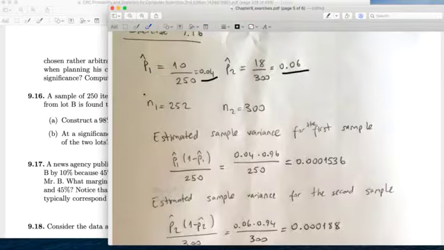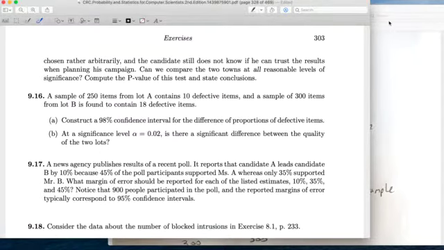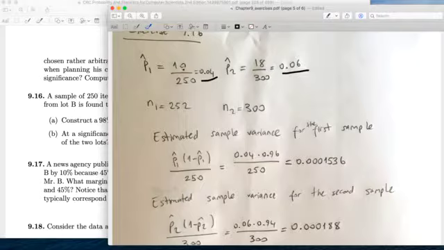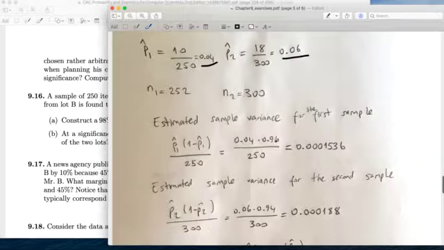Maybe if I collect another 250 samples from the same lot A, I could get maybe 11, maybe 12, maybe 9. So this is a random variable, and its standard error is simply P times Q divided by